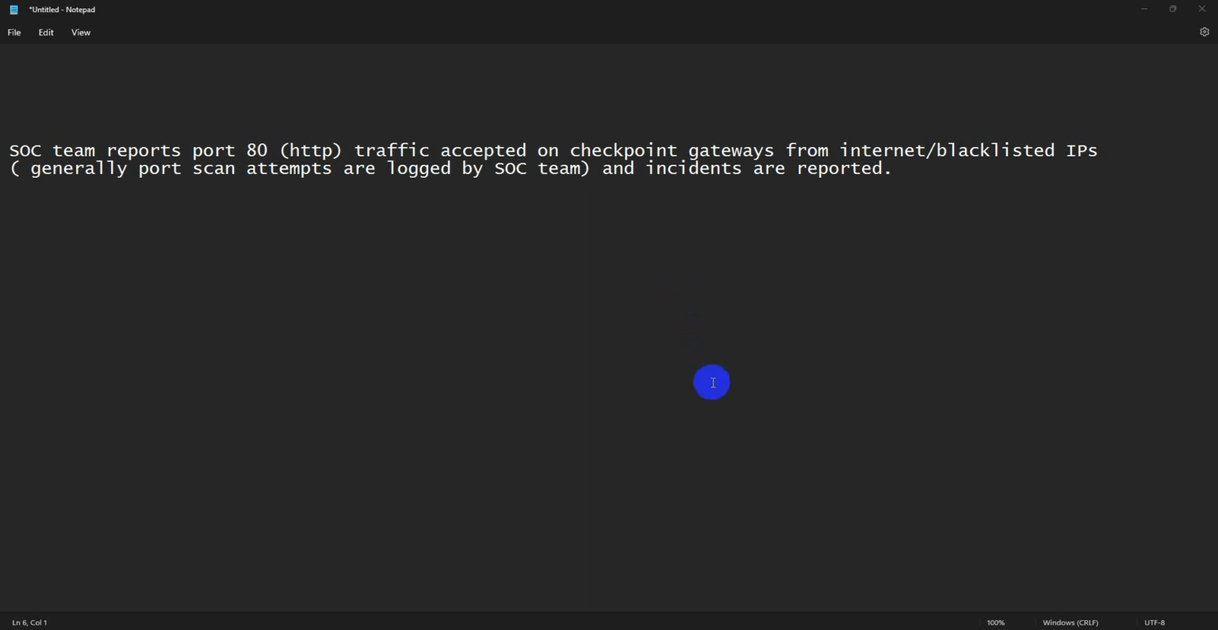Okay. Today we will see how to block traffic on port 80 towards your Checkpoint gateway. Port 80 is generally allowed on your Checkpoint gateway interfaces, and a lot of port scanning happens on the internet, and when these scanners try to scan your ports on the Checkpoint gateway, they will try to scan all the ports, and your SOC